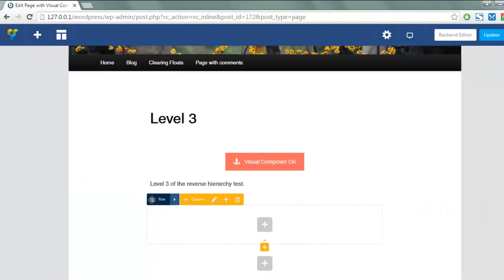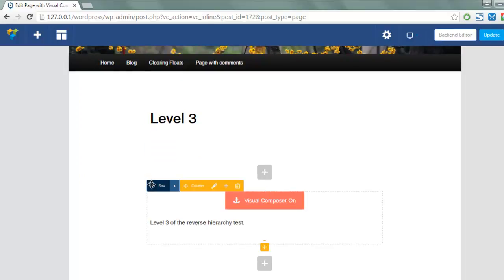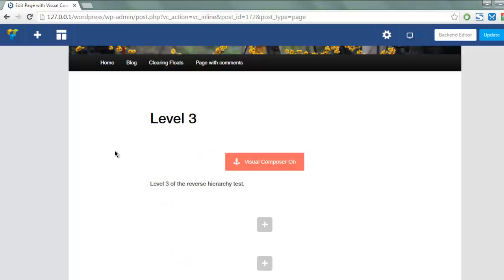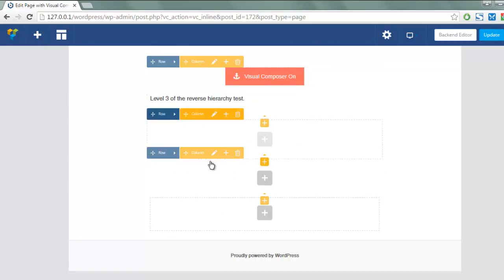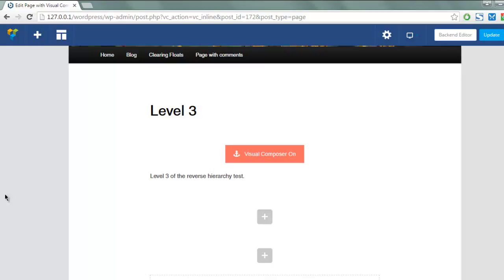Okay, so I'm gonna just put it up here. Okay, so as you can see, these are 4 rows here, and I want to put it at the top. Then I can set the alignment to left or right. Okay, so this kind of placement can be useful when you are doing landing pages or opt-in pages. Okay, you can also set